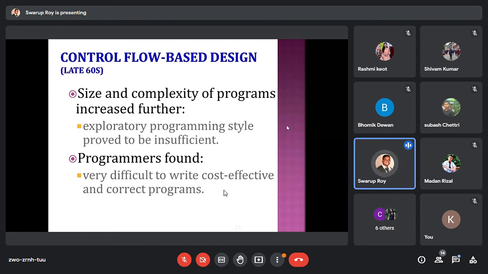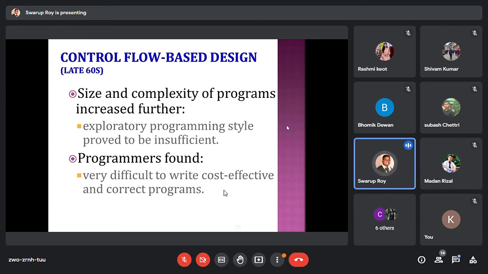Now gradually they moved away from starting with just programming. Then people started thinking, before going to programming, can we think in a better way, so that possible errors can be avoided in the later stage of the software design? Why people started thinking this is that they started solving very large problems, day by day.